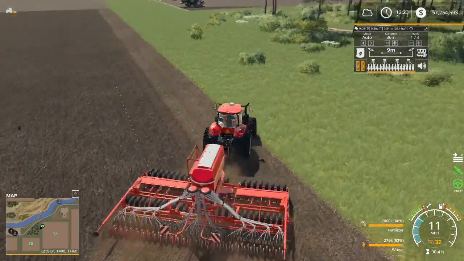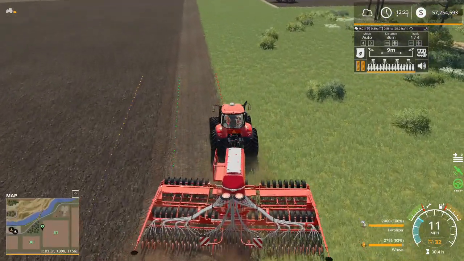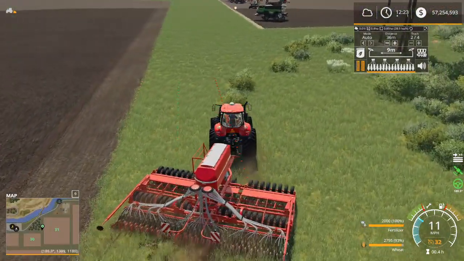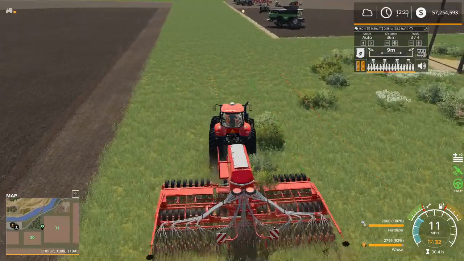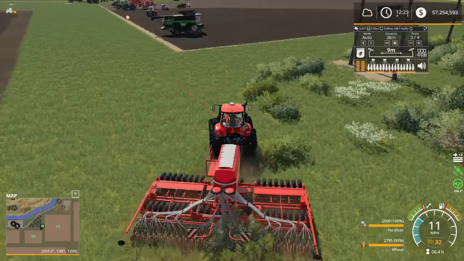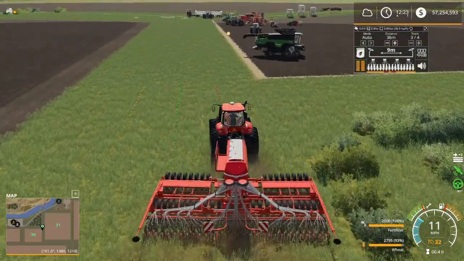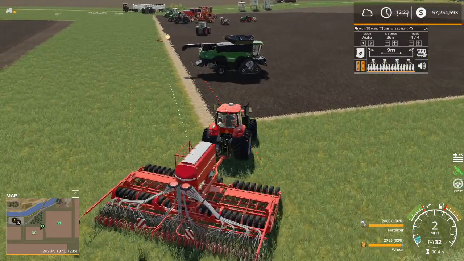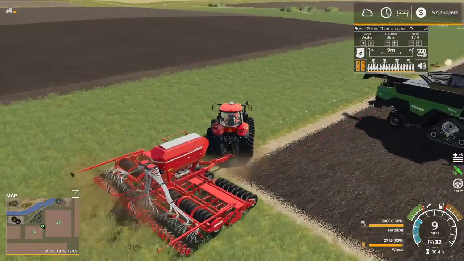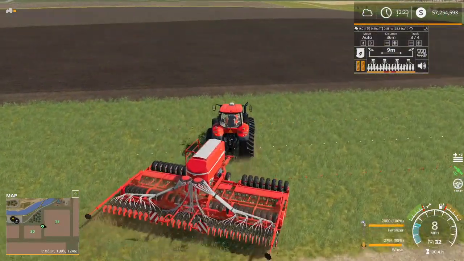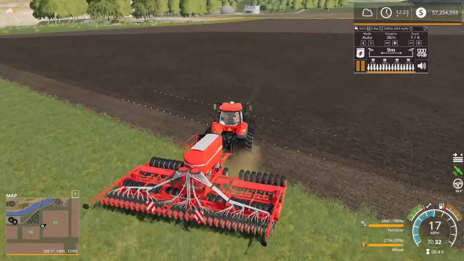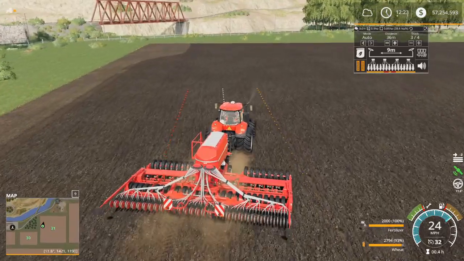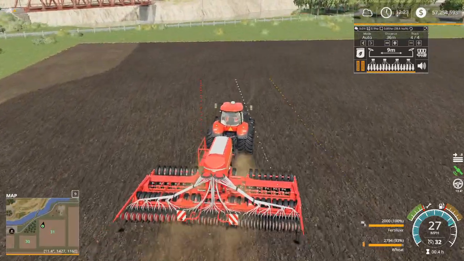Now, here's where we run into problems. I have tested this with different tractors, different seeders, and this keeps happening. We are so close to the edge of the drive lane with this massive offset that GPS thinks we're shifting lanes, and we will just continually keep shifting right and shifting farther right until we stop the tractor. Now the only way that I have thought of to get around this, because it's not working as intended,